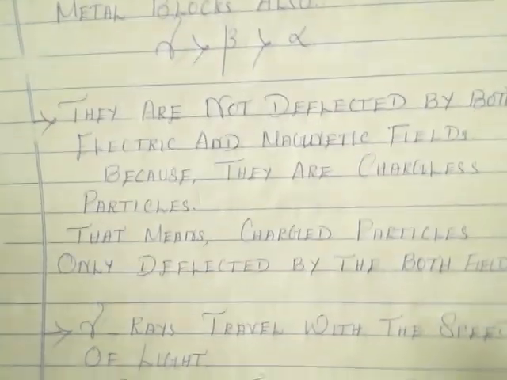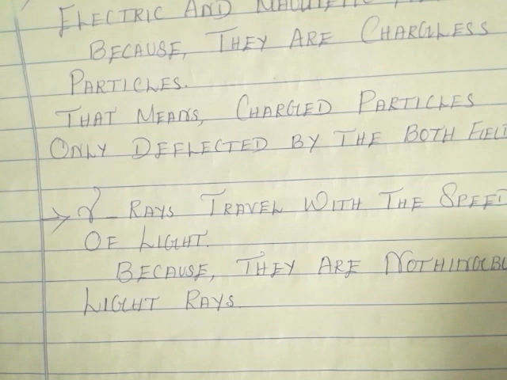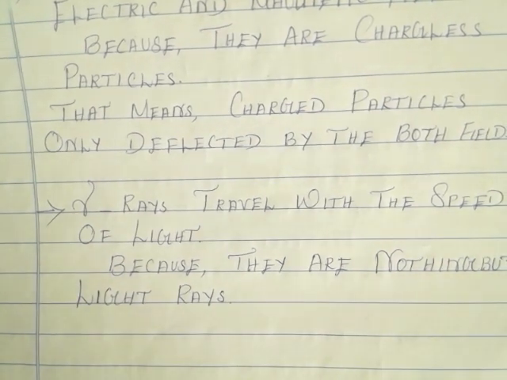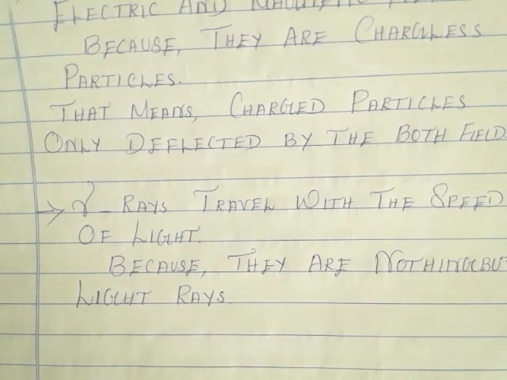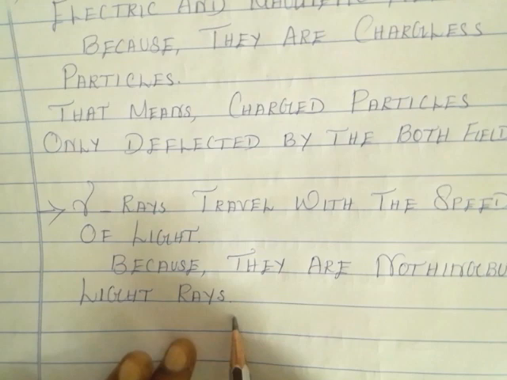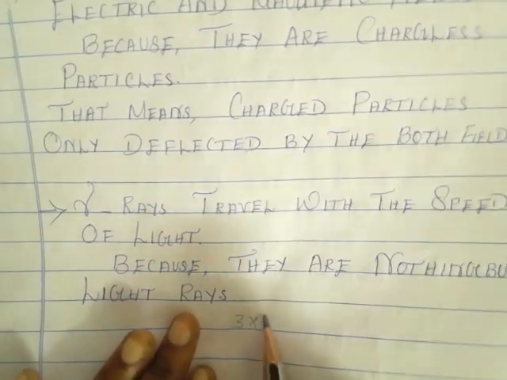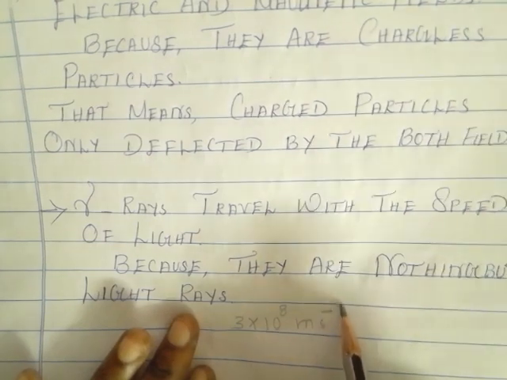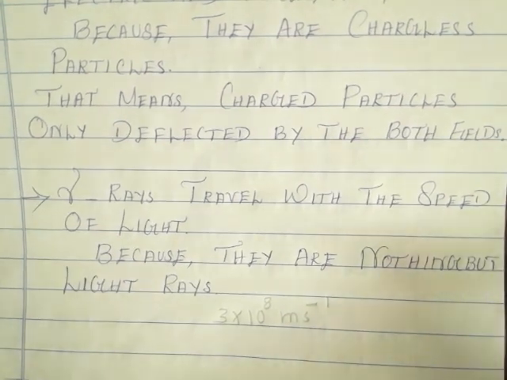And then finally, gamma rays travel with the speed of light because they are nothing but light rays. The speed of light is 3 into 10 power 8 meter second power minus 1. This is a very high range of velocity when compared to the velocity of